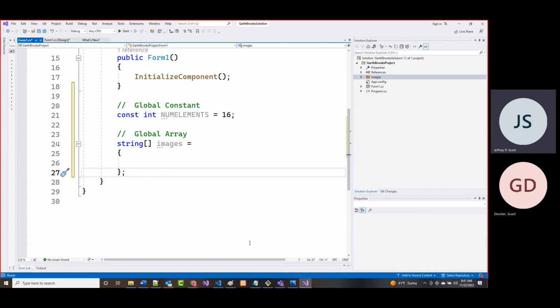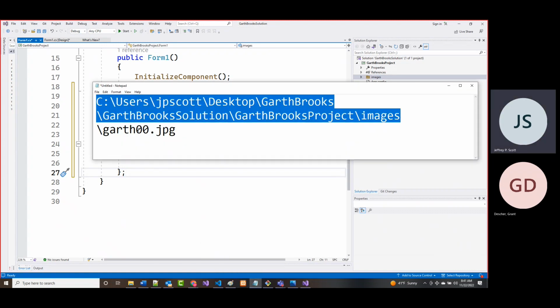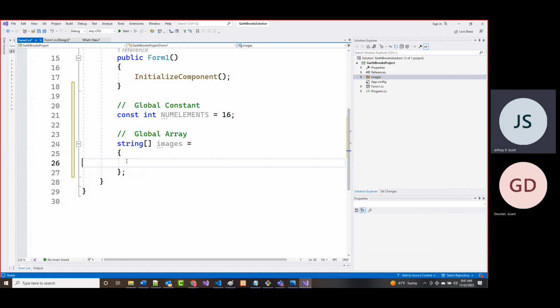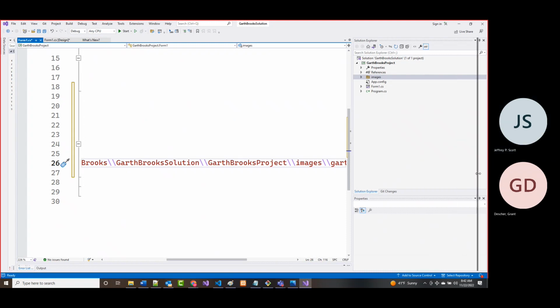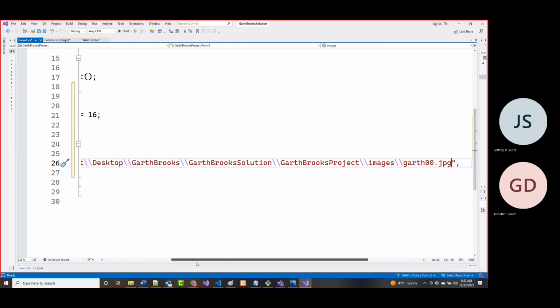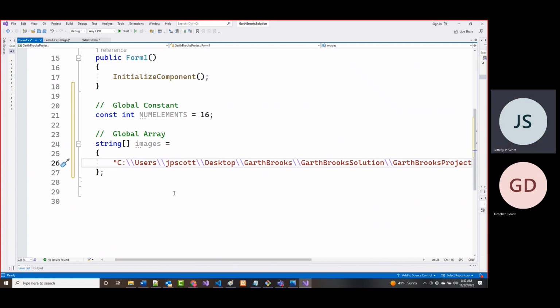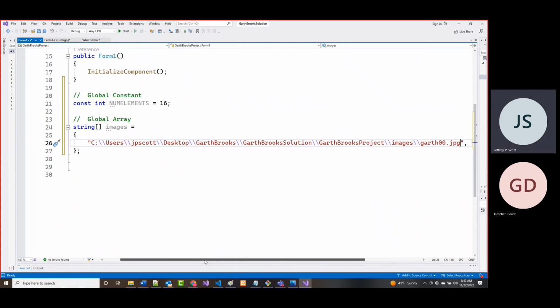I'm going to go back to this right here that I just showed you, this C:, etc. I'm going to highlight all of it and copy it to the clipboard. Now it has to be within double quotes. And when I first put it in, it's going to give me an error. Don't worry about it. We'll fix it right away. So I'm going to put in double quotes and then a comma. And in between those double quotes, I'm going to paste that in. I can make it smaller so you can see all of it, but that is the path